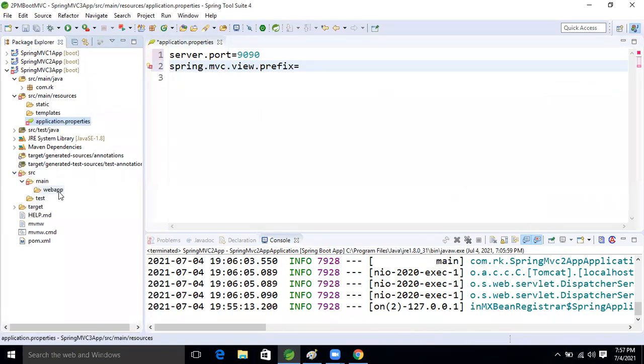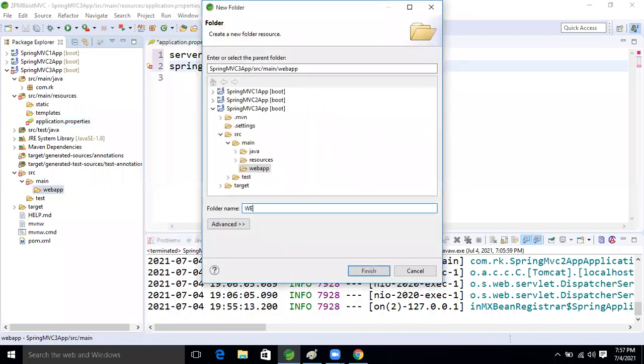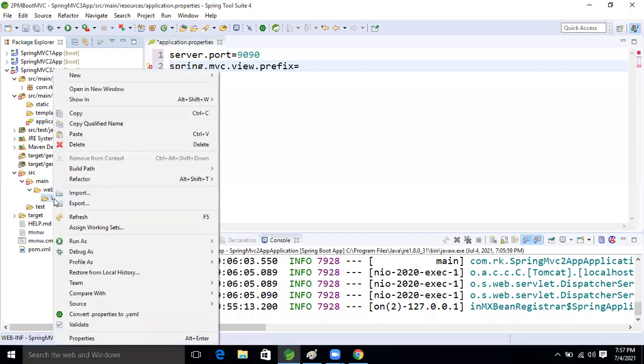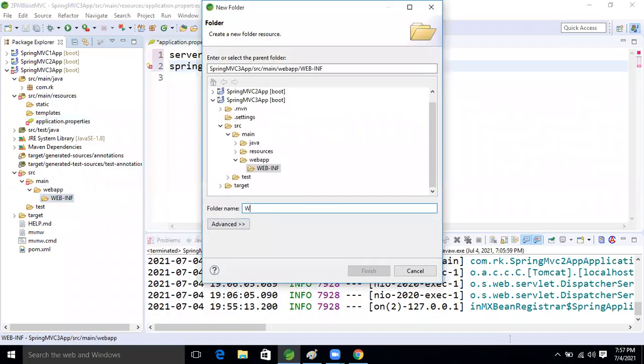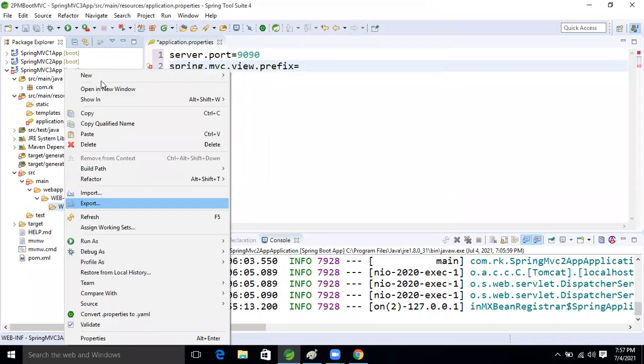Right click, create one folder, WEB-INF. Another one is pages.